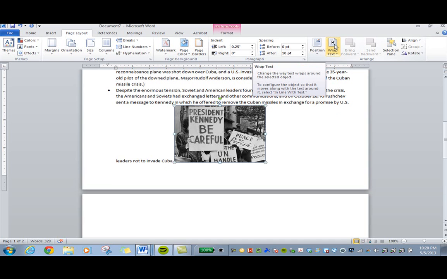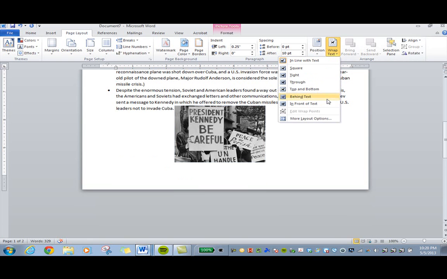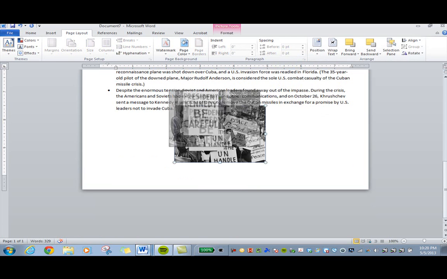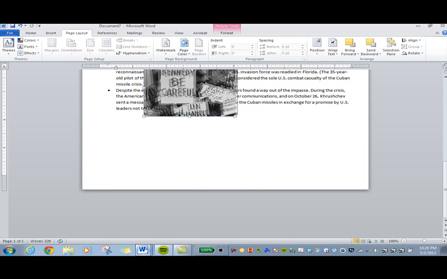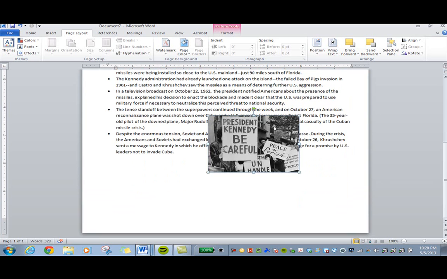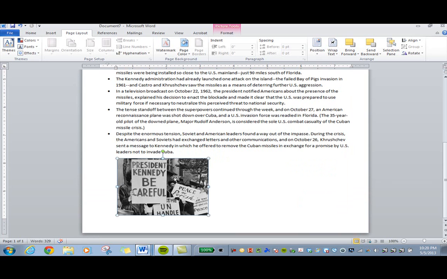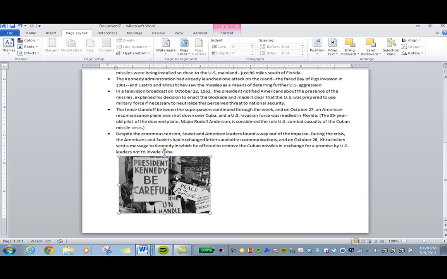I'm going to go to Wrap Text up here in the toolbar, and I'm going to ask that picture to go in front of the text. And so this actually allows you to move the picture around your paper without it messing up any of the words. So I'm going to keep the picture just right underneath this bullet. So I'm going to go ahead and bring it down here. And I'm going to keep it the same size that it is